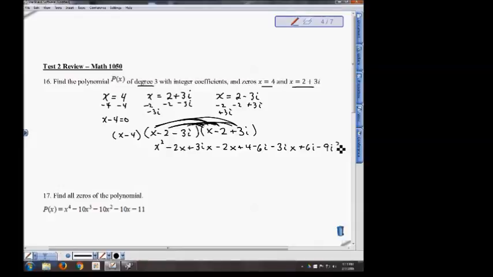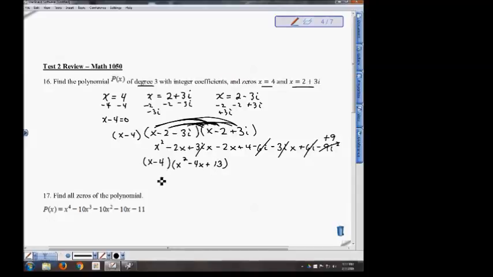minus 9i squared. If you've done your math correctly, any term that has an i should cancel out with an opposite. So the negative and positive 6i, the negative 3ix and positive 3ix, and even the 9i squared. It doesn't cancel, but remember i squared is really just negative 1. So if you have negative 9 multiplied by negative 1, that really changes into a positive 9. So every term now that had an i canceled. If you combine your like terms, you'd have x squared minus 4x plus 13